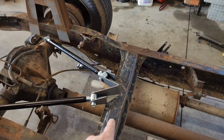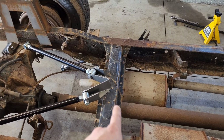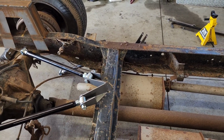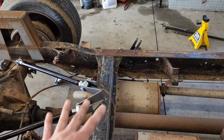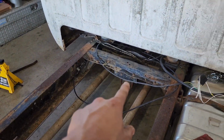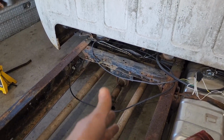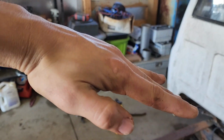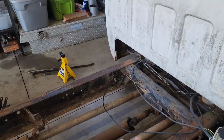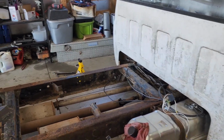I know this cross member's got to come out. I'm already looking at it. The drive shaft's already about to hit it. So I'm going to have to do some kind of cross member setup here. Haven't figured that out yet. I got to pull the spacer right here. There's a drop bracket. Got the carrier bearing bolts too. The drive shaft's already at an upward angle like this, and I'm not even low yet. So I'm going to have to pull that out so it raises the drive shaft up closer to that cross